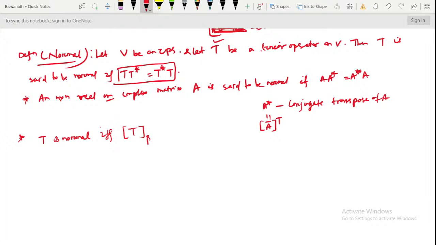What is the matrix T_beta? It is the matrix associated with this linear operator T with respect to this basis beta. So a linear operator T is normal if and only if the matrix associated with T with respect to this basis beta is normal. And when we call this matrix normal, we already discussed a matrix A. That means a linear